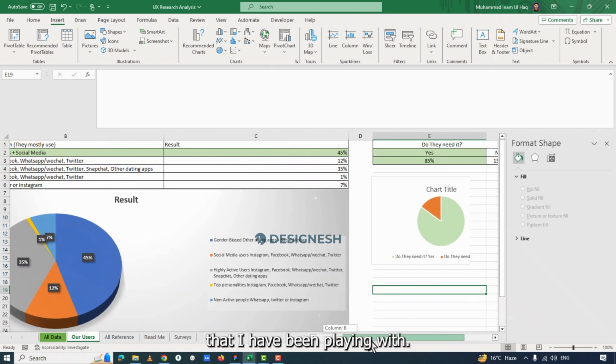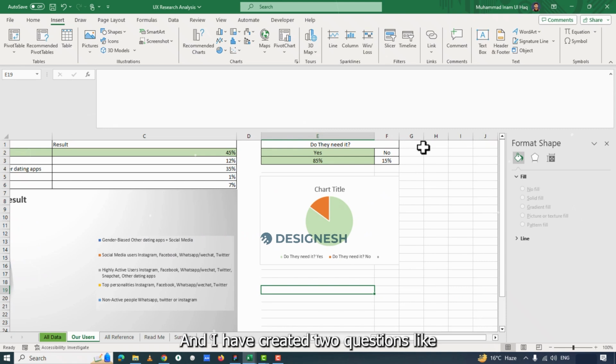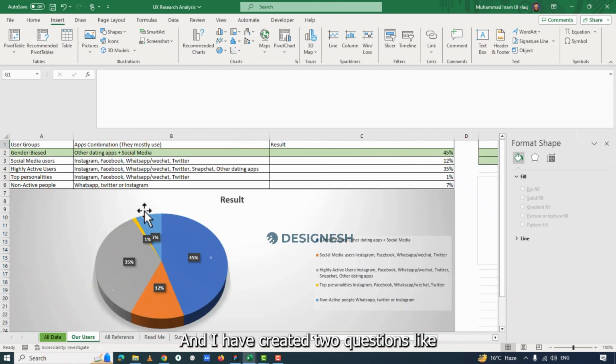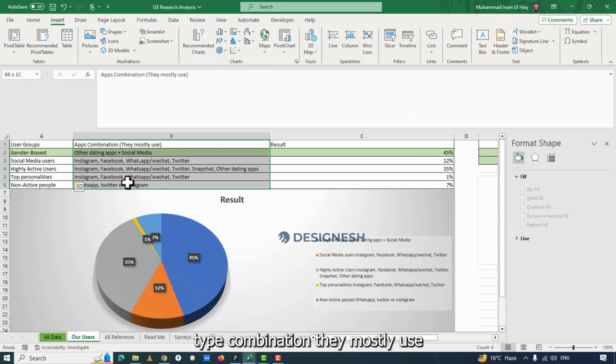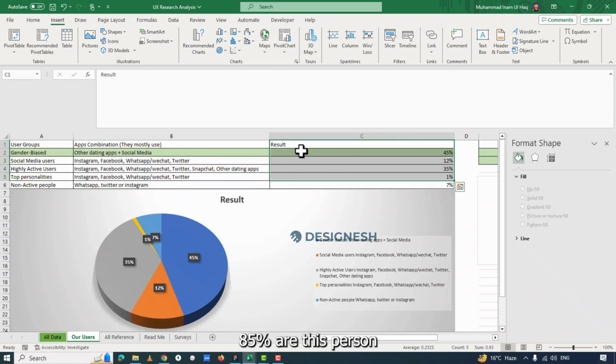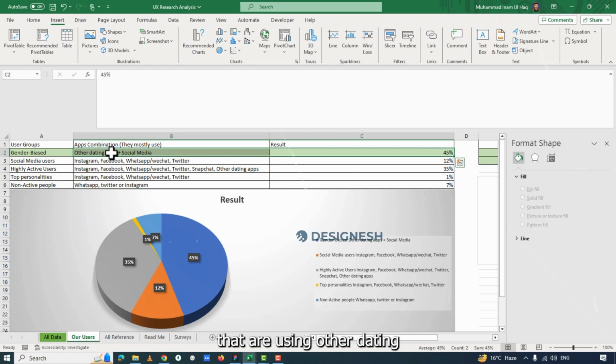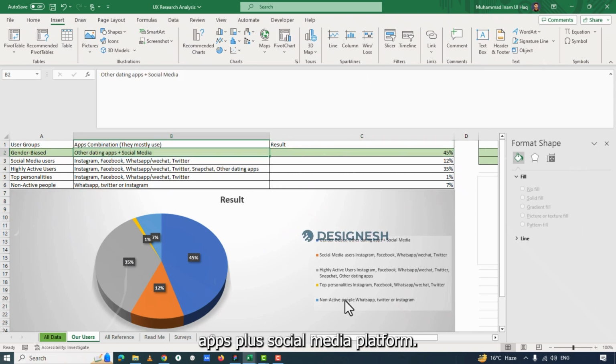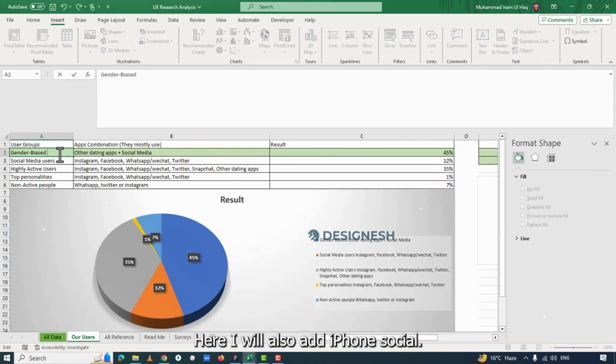Okay, so these are the ones that I have been playing with, and I have created two questions like what our user groups are, what app combination they mostly use, and what is the result. 85% are persons that are using other dating apps plus social media platforms. Here I will also add upon